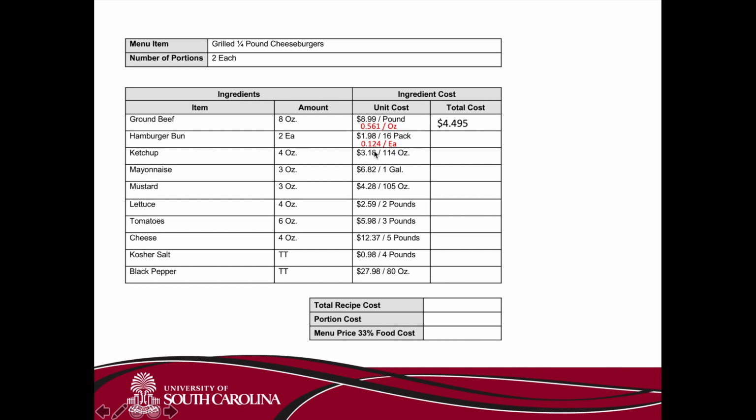So almost 12.5 cents per hamburger bun. Now we just multiply that by 2, right? Because we need 2. This is our cost. So now we multiply it by 2. So we're at just under 25 cents for the 2 hamburger buns that we need. Our ketchup,